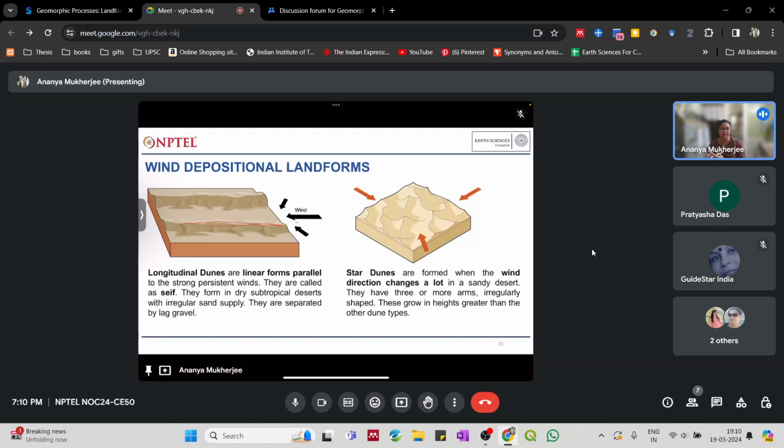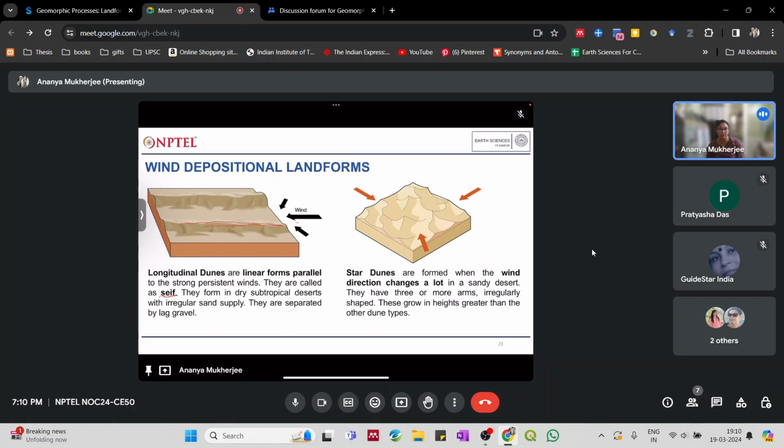These are mostly formed by very strong persistent winds. These can also be called seifs. Mostly they appear to have sharp crests, and they form in dry tropical deserts,